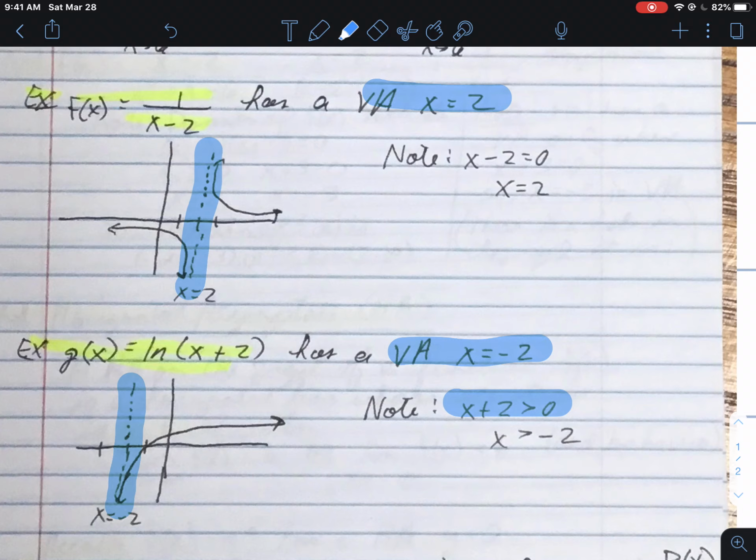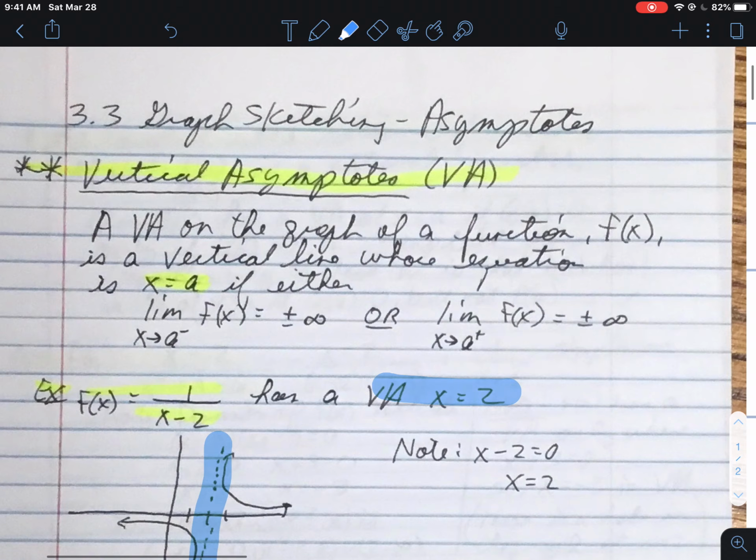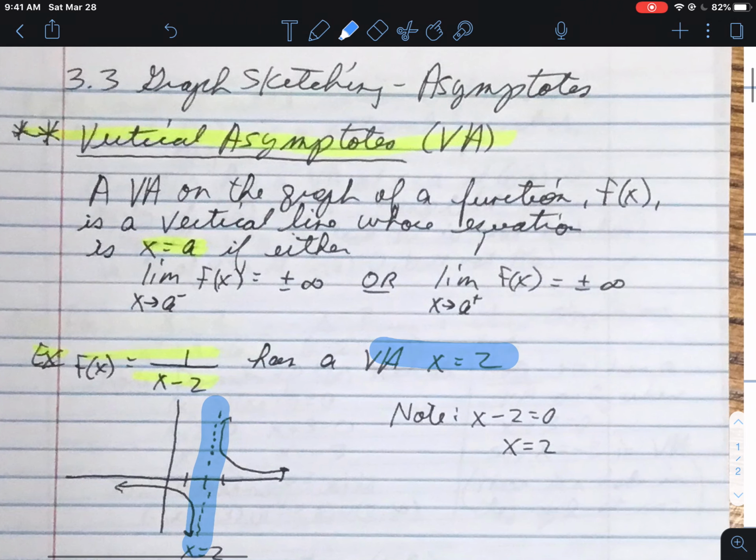So we need a little more general definition as far as what exactly a vertical asymptote is, and we can apply that to any type of function that we're looking at. So this leads us to this more formal, call it the calculus definition of what a vertical asymptote is. We'll say that a vertical asymptote on the graph of a function f of x is a vertical line whose